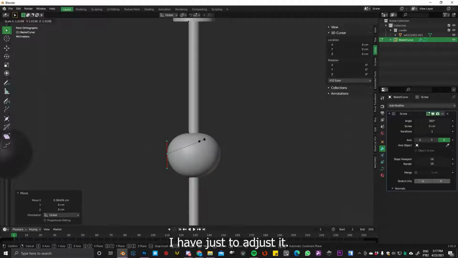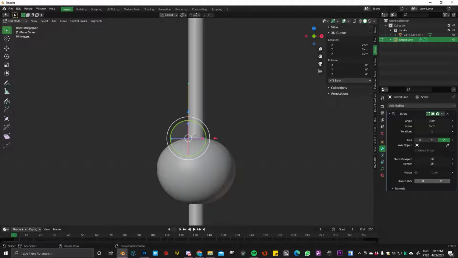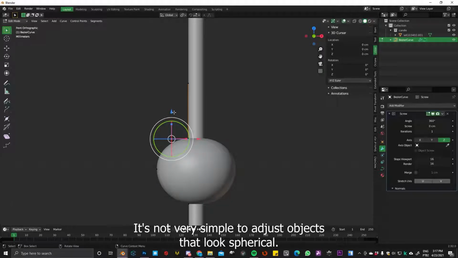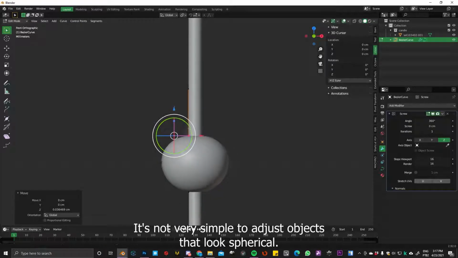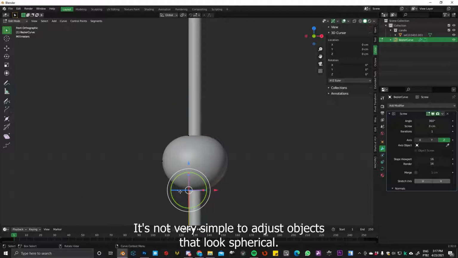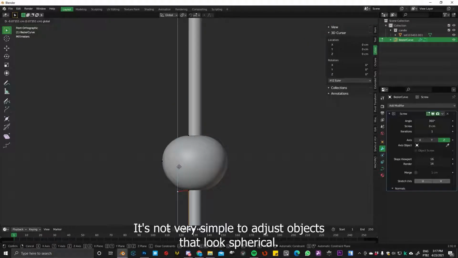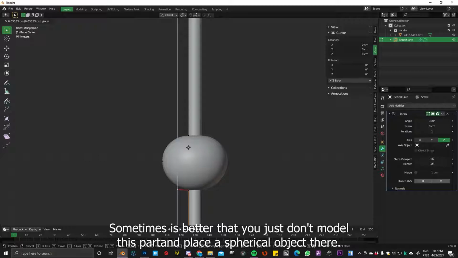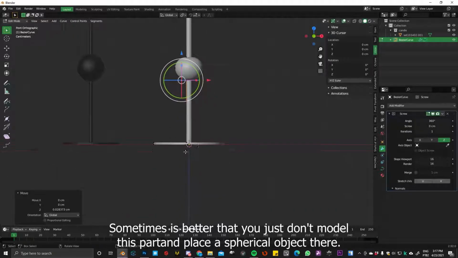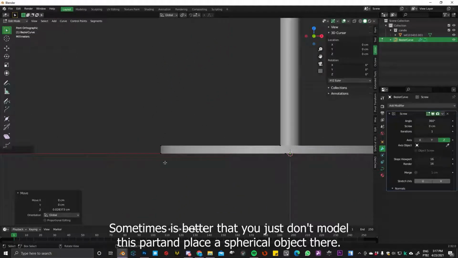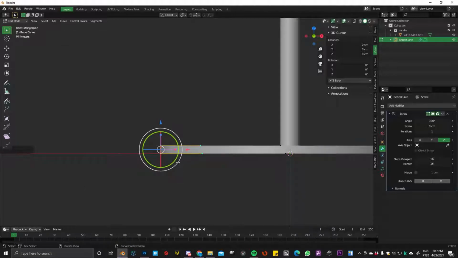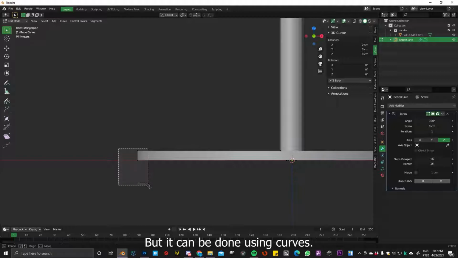You just have to adjust it. It's not very simple to adjust objects that look spherical. Sometimes it's better to not model this part and just place a spherical object there, but it can be done using curves.